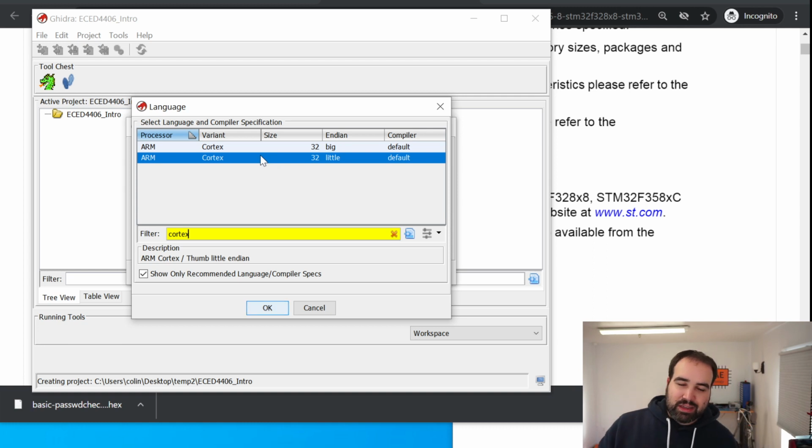There's going to be a really nice thing that we're going to do after, setting up what's called SVD files. So these will map a whole bunch of peripherals and stuff for us. So this is a really handy way to work with little embedded devices. But for now, let's not worry about that. Let's just do a base Cortex